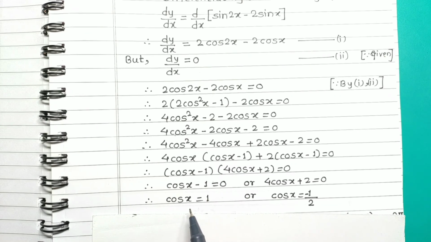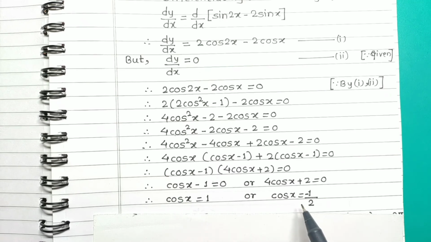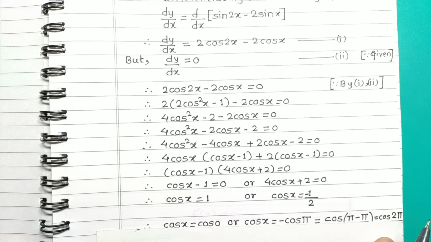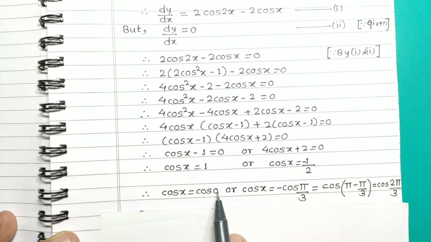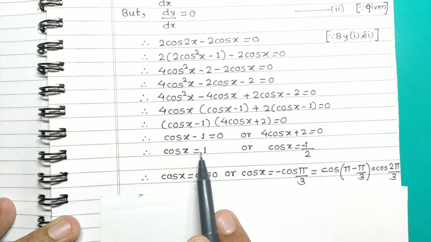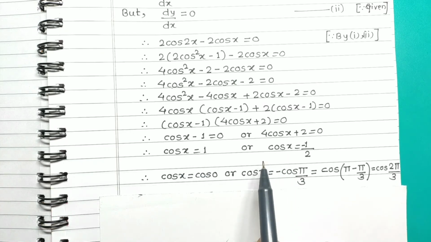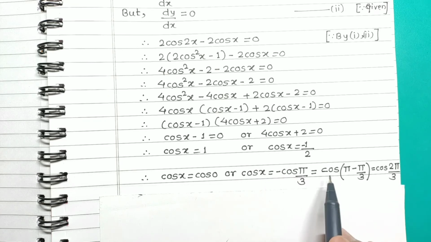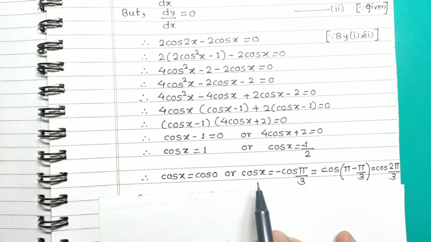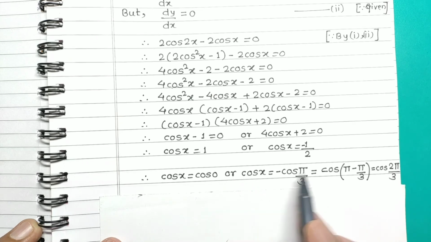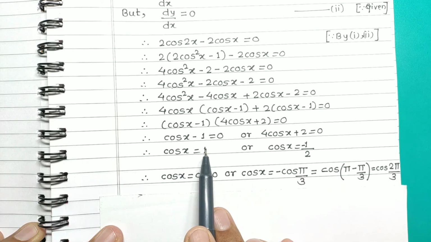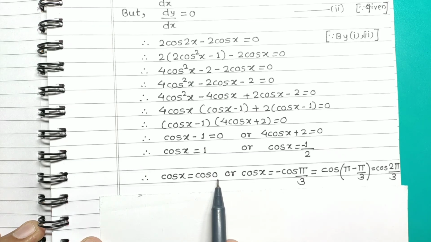Okay, now see here, we have to find out x for which cos x is 1 and x for which cos x is minus half. Okay, see, we can write cos x is equal to cos 0. We know that cos 0 is 1. So we can write 1 as cos 0. See, after this step, the following steps, you note them very properly. Some trigonometry is there. So note these steps properly. We can write this 1 as cos 0.